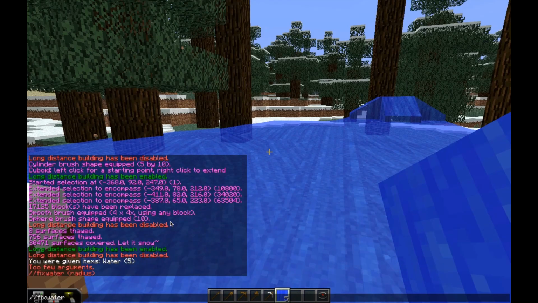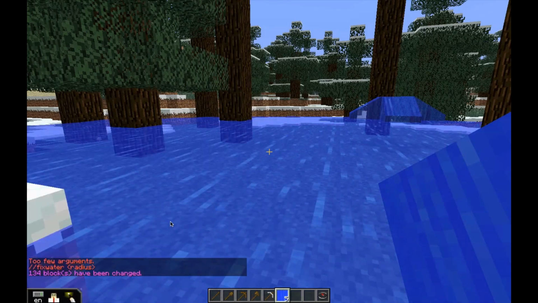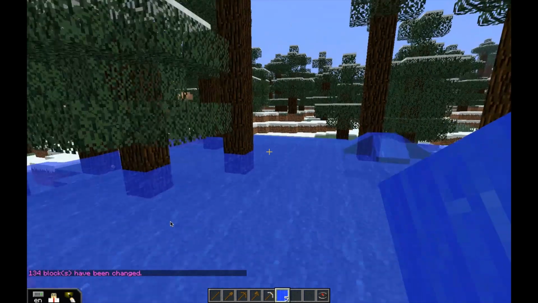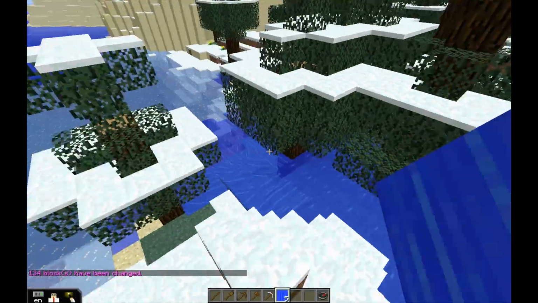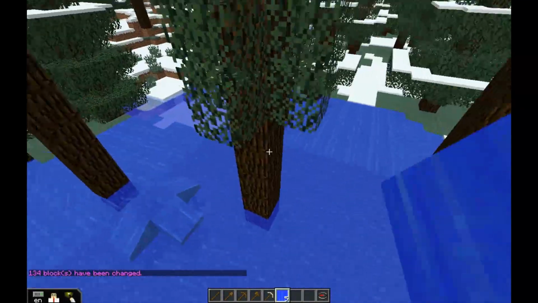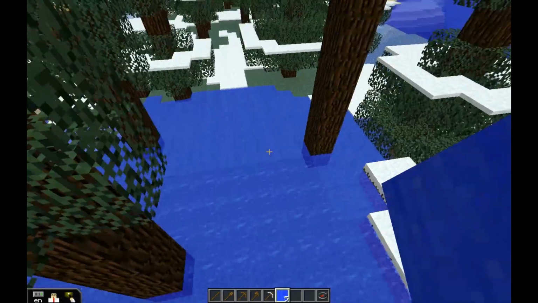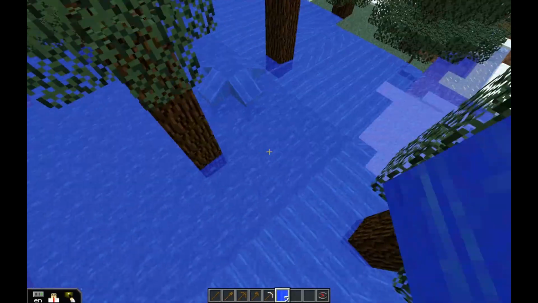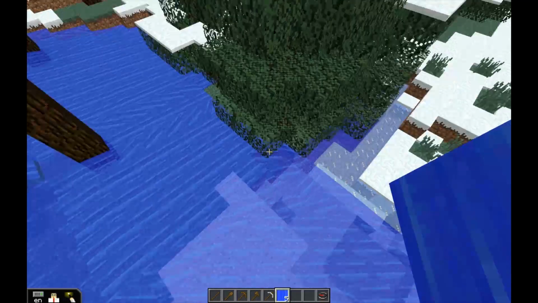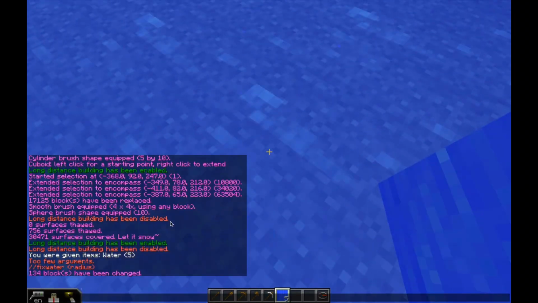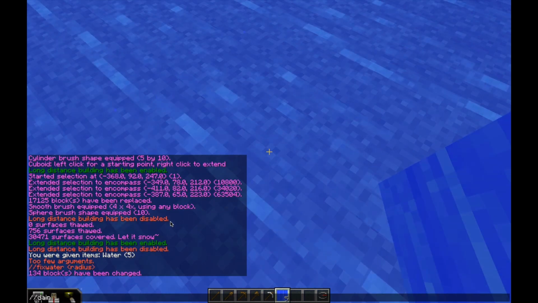So fix water, let's go 10. What that does is anywhere the water was, in that area of 10, it actually puts water and stops it flowing. So if you've got flowing water and you don't want it, you can use fix water, and the same can be done with lava. Now I don't want that there, so let's drain 10,